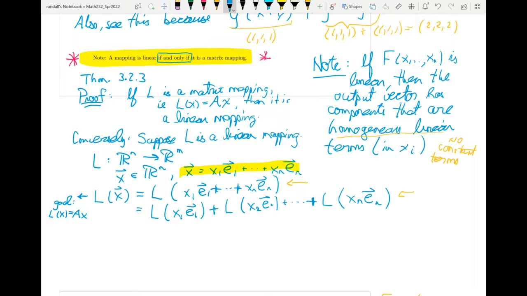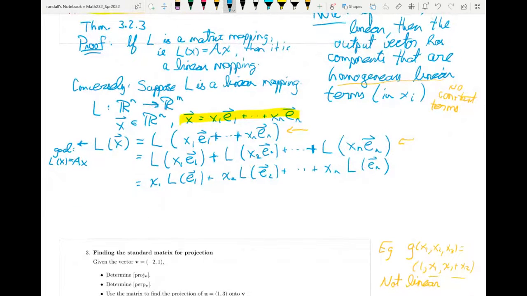Now I'm going to use the second property of linearity of L, scalar multiplication. These x's are scalars, so I take them outside, and I get x1 times L acting on E1, and then x2 times L acting on E2. I'm just using L's properties as far as I can go, because we're trying to prove that a function with these properties has a certain matrix associated to it. So you would expect that you need to use those properties to reach the end of the proof. Now I've used linearity under scalar multiplication. There's not much more I can do because I don't know anything else about this L, but let's see what we have. These are vectors in Rm, multiplied by these scalars. So this is a linear combination